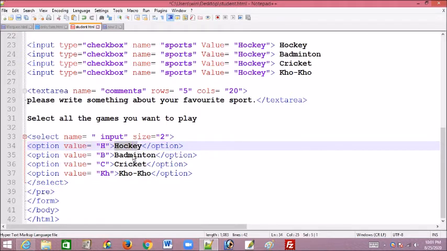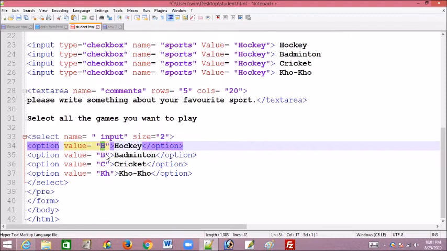This hockey, badminton, cricket, kho, we are making them a list, and this value is like, if anyone is selecting hockey, then for their name it will be saved as H. Okay, in the Excel file I am talking about, the final result file.